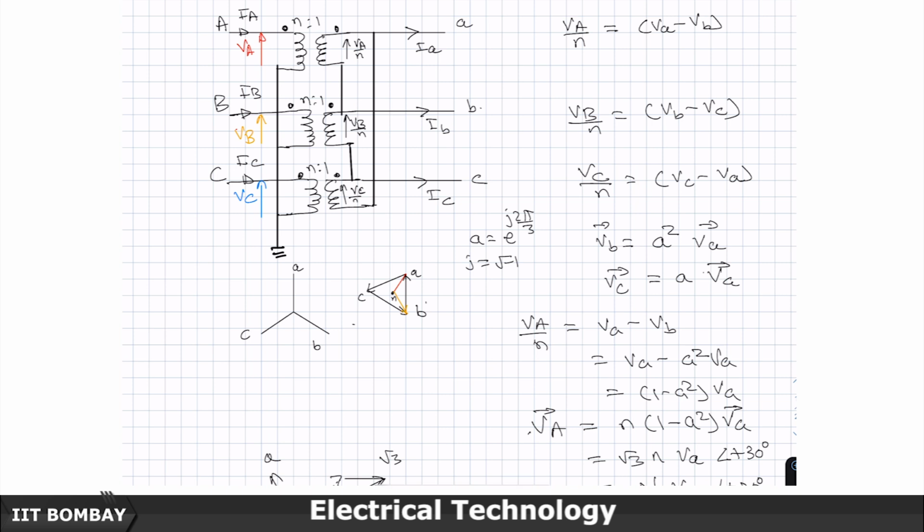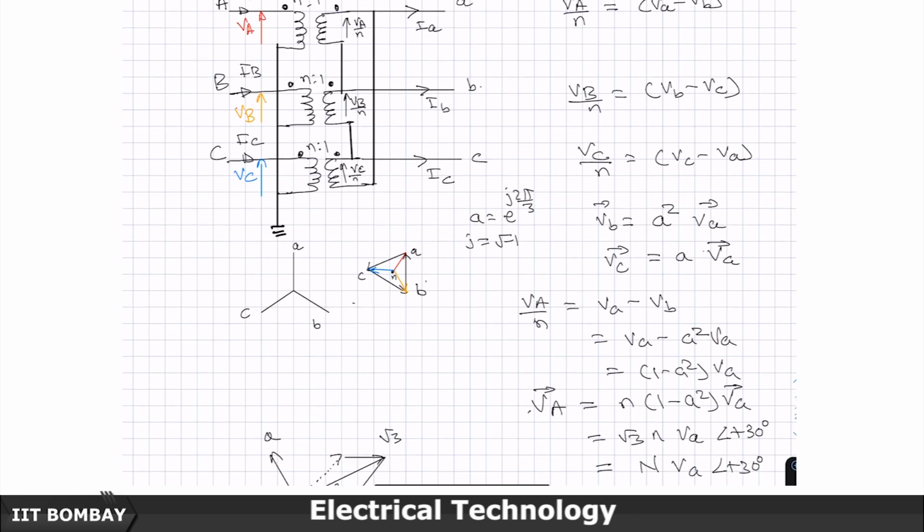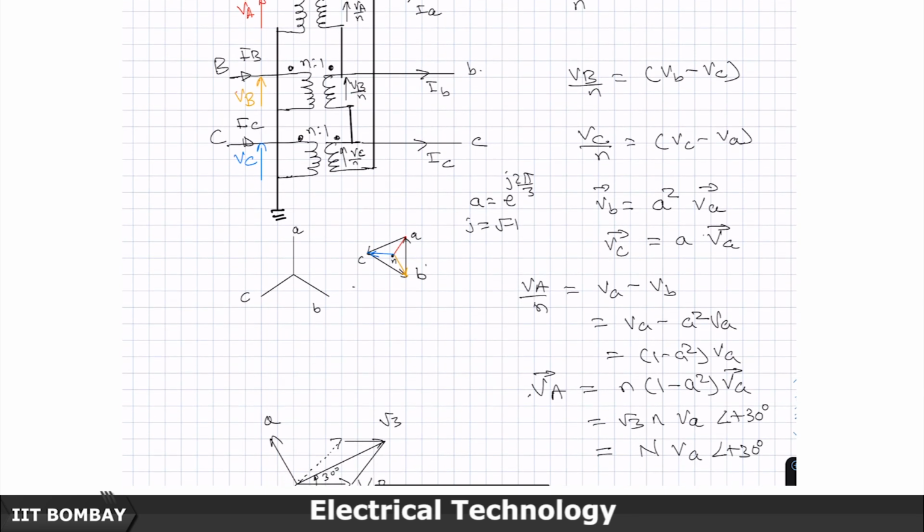Yellow color, RYB convention, and this VC is going to be somewhere BC to N. And this angle, if you draw a